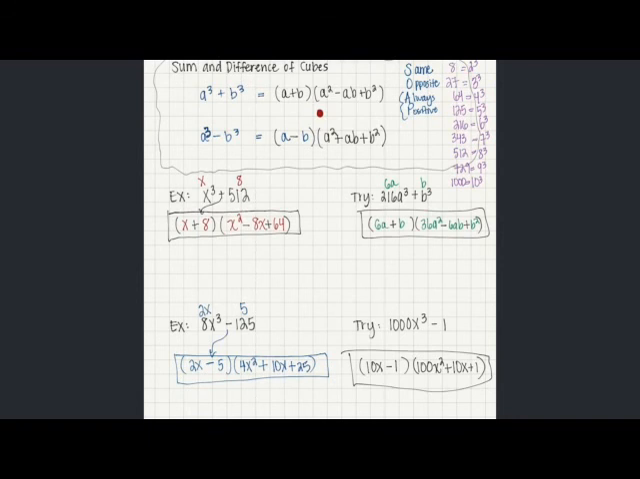And hopefully this video of sum and difference of cubes has been helpful for you, and you find that maybe perhaps